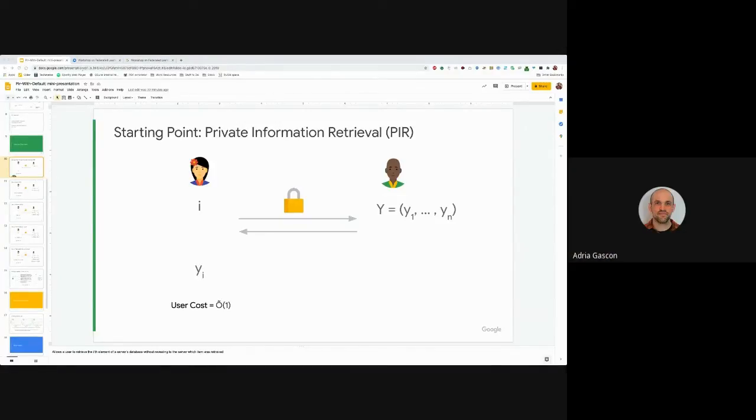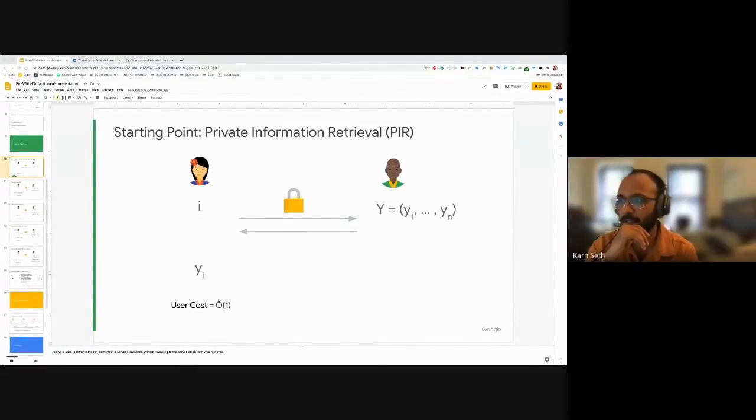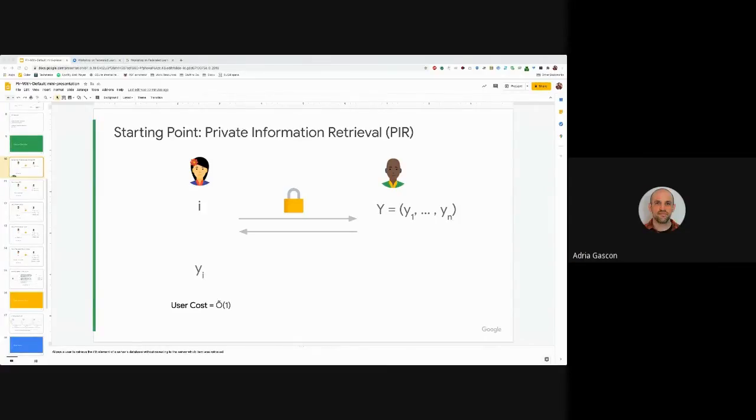So how hard would it be to extend this to the symmetric case where the database is encrypted? The database is encrypted with the... So here in PEER, the server can see the database. Some people tend to call it the symmetric case for PEER, where the client would upload an encrypted database to the server, and not even the server would know what's there, right?